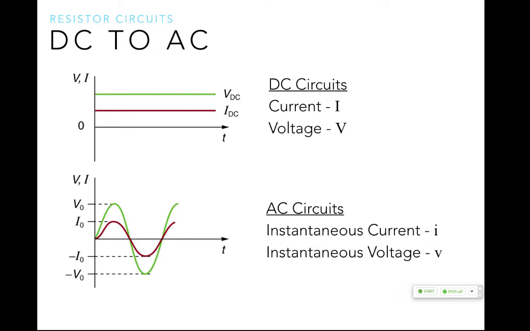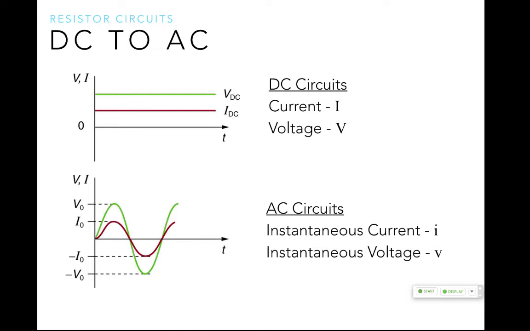What would you say about the phase of the current and the voltage across the resistor? It's the same, right? These things are in phase. That means they start at the same point. They have the same frequency. No big deal, okay? Now, I also want you to notice for DC circuits, we have capital I current and